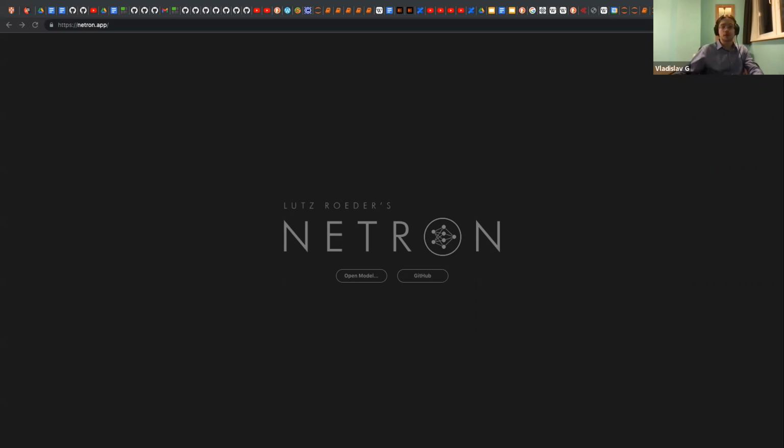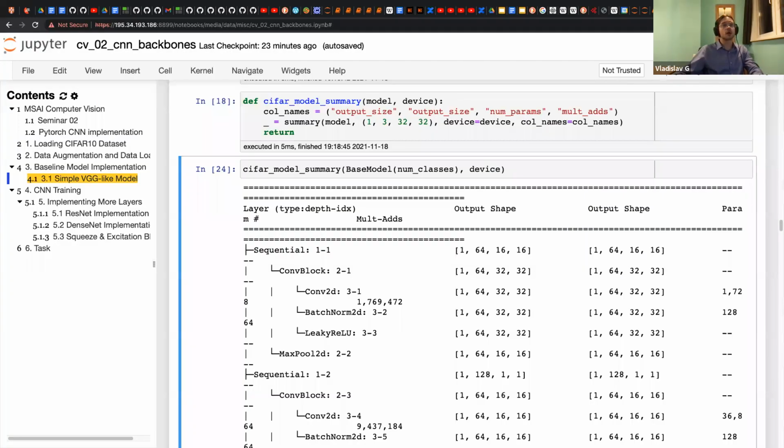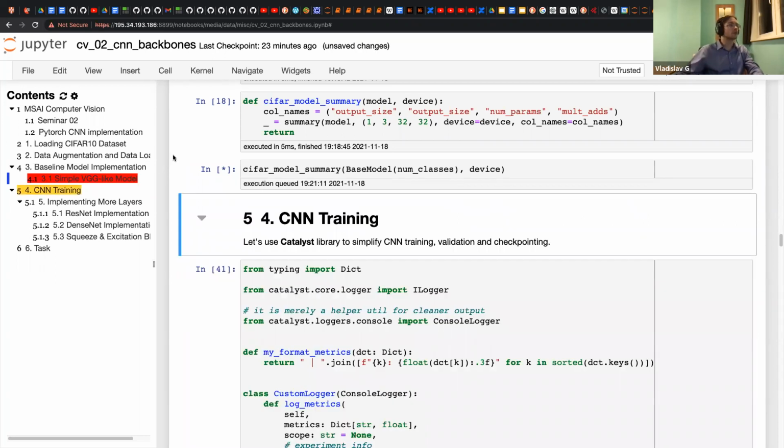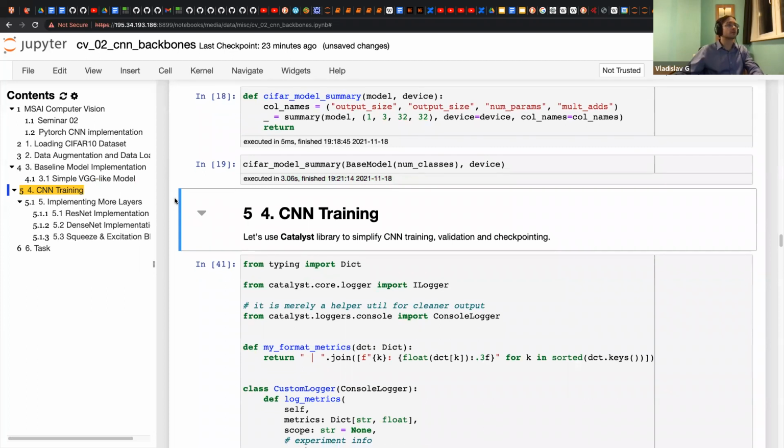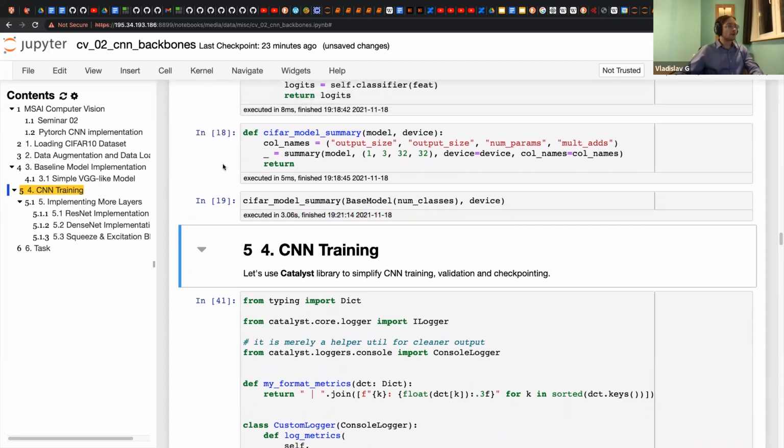We will use it a bit later to look at our neural network in this pretty format. But I have the Neutron app installed on my computer. That's why we will see it from a local file, not from the internet. That's kind of better.